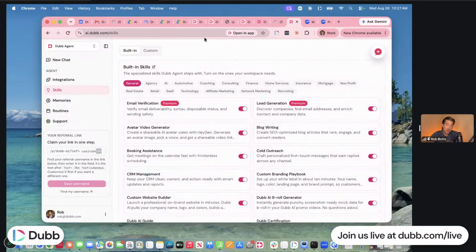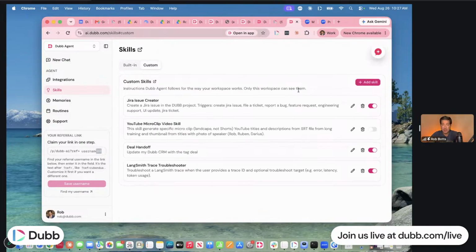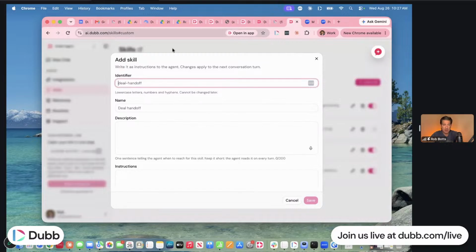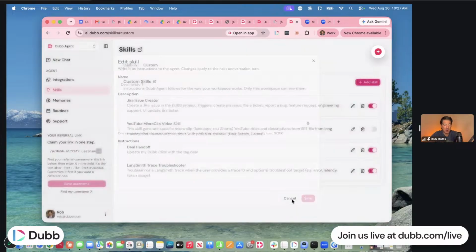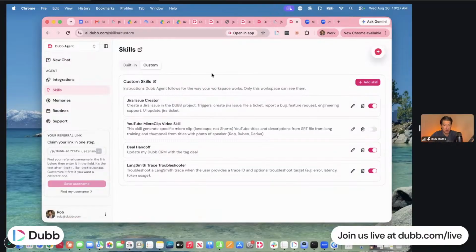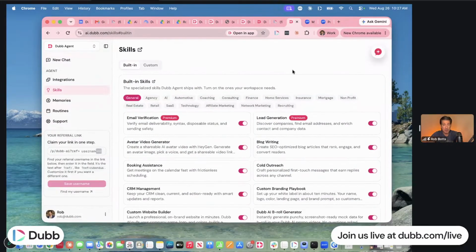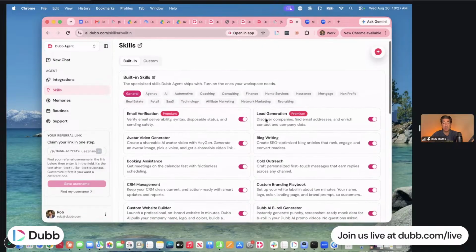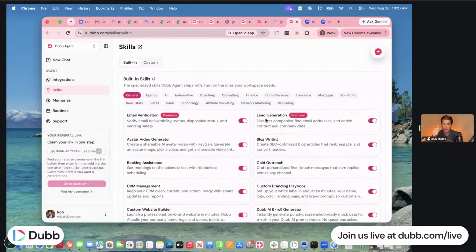Now, if you have a skill that you want to create yourself, you absolutely can do that. You can go right over here to custom, and then notice we've created some ones in here. Just click add skill, give it a little identifier up here at the top, little title, little description. What are the instructions? Just like you're talking to a person. How would you lay this skill out? This is the way you want to order it, structure it, and then it exists for you, and you just have to flip it on. But from this category here, think about skills in terms of giving it the green light to do these things. Turn on what makes sense.